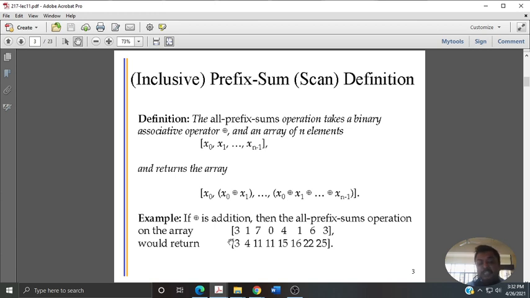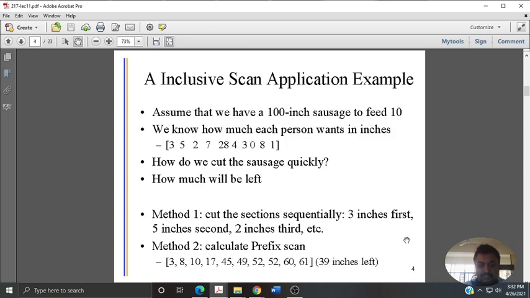Again, inclusive and exclusive is about whether the first element is made 0. If so, it is exclusive, or if you consider the first element, it is inclusive of that first number. So 3 plus 0, or the first number is passed as it is, not summated. This expression can be a simple summation or multiplication or whatever you feel can normally be used in the reduction operators. This is what was covered in the last class.